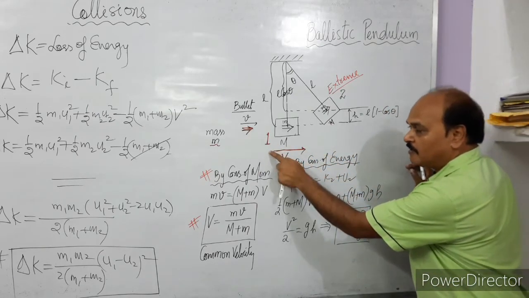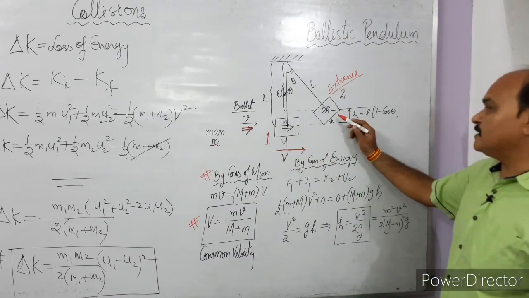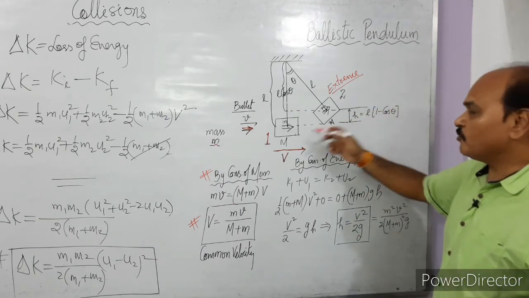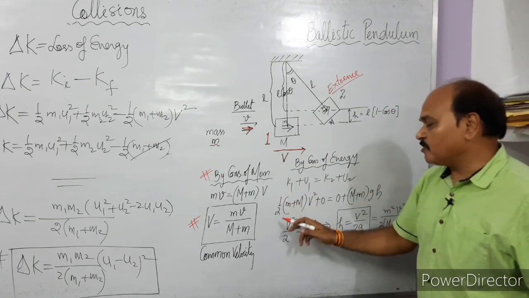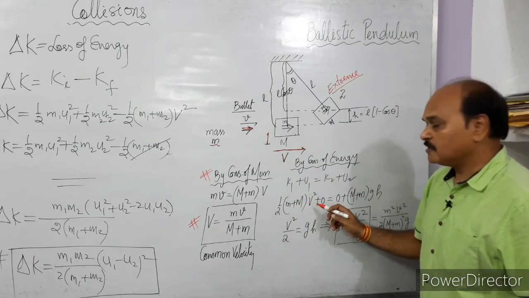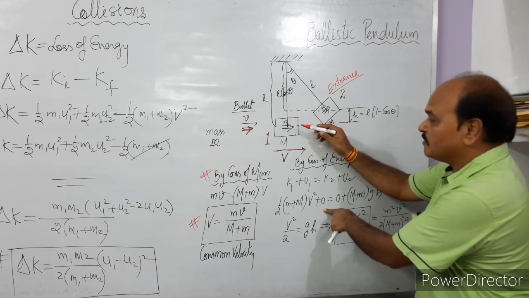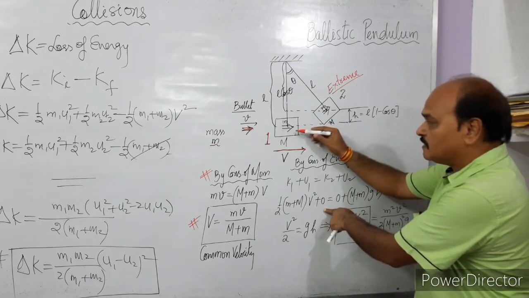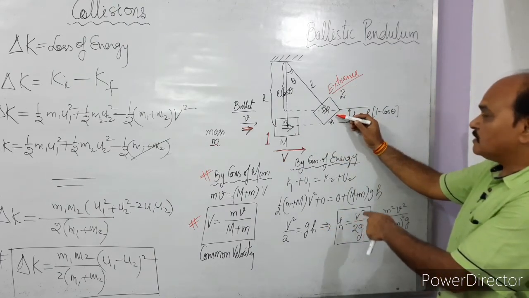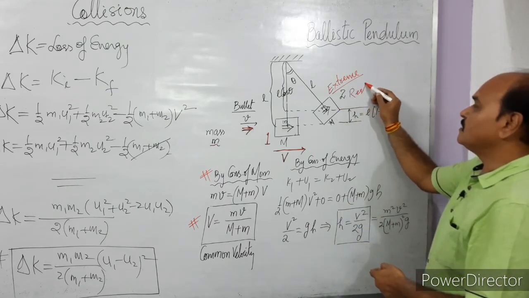Kinetic energy here is K1, potential energy here is U1. Kinetic energy here is going to be K2, and potential energy is going to be U2. So what is K1? K1 is going to be 1 upon 2 (m plus M) the combined mass, into velocity V square. What is its potential energy here? 0, as the vertical separation between 1 and 2 is h, and h here is 0. So when the mass reaches here, its kinetic energy becomes 0. Why? Because it comes to rest at this extreme position.